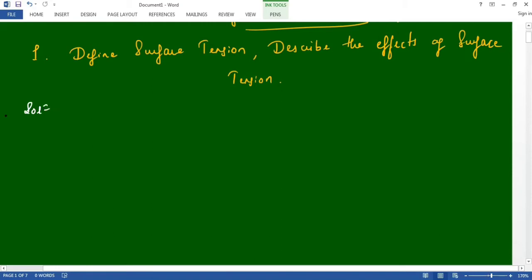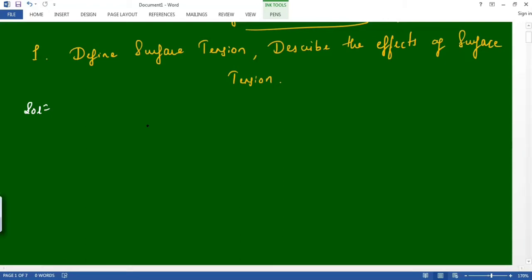Solution. Let us know about surface tension. Surface tension is the phenomenon that occurs when the surface of the liquid is in contact with another phase. A liquid tends to acquire the least surface area, and the surface of the liquid behaves like an elastic sheet. Surface tension is a physical quantity equal to the amount of force per unit area necessary to expand the surface of a liquid.